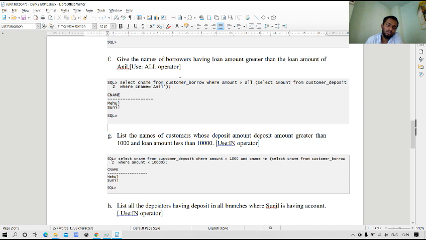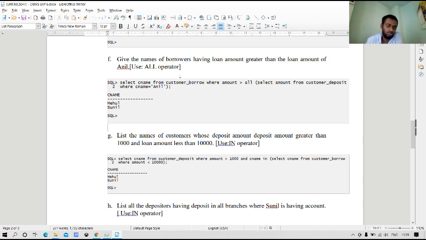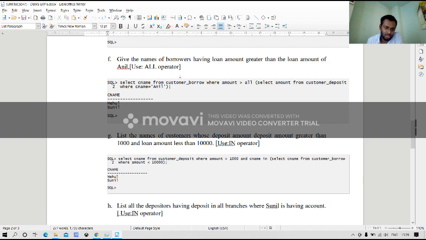And list the names of customers whose deposit amount is greater than 1,000 and loan amount less than 10,000. So the first query searches for the customer whose deposit amount is greater than 1,000, and the subquery selects the customer name where the loan amount is less than 10,000.